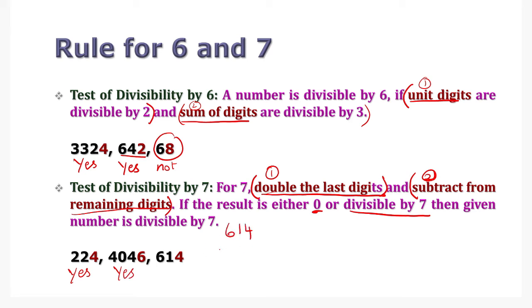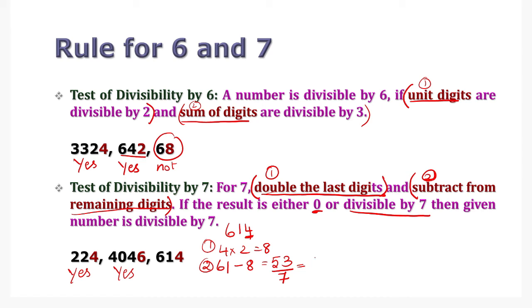614. Now again, we have to double the last digit, which is 4. So 4 into 2 equal to 8. And then our second step would be 61 minus 8 because we have to subtract it from the remaining. So 61 minus 8 is equal to 53, and then when you divide the result by 7, you are not